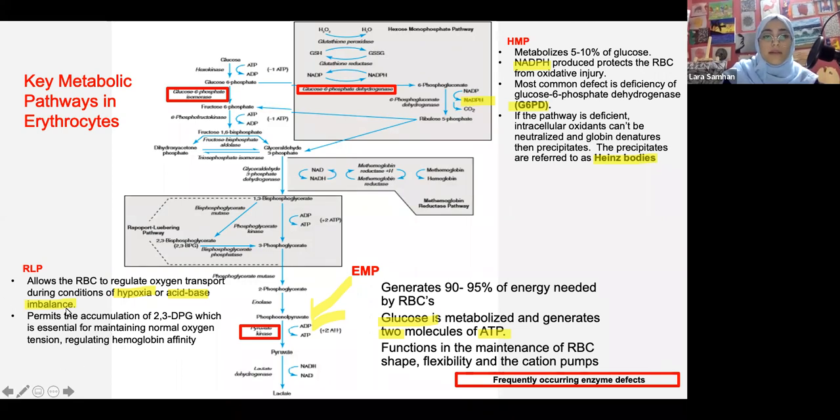And we have over here, how does this thing actually work? By accumulating the 2,3-DPG, or in other words, the 2,3-bisphosphoglycerate. So anyways, to the hexose monophosphate pathway, this pathway is basically responsible for, it actually has the NADPH,